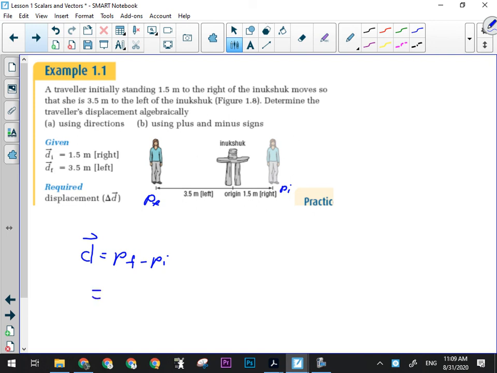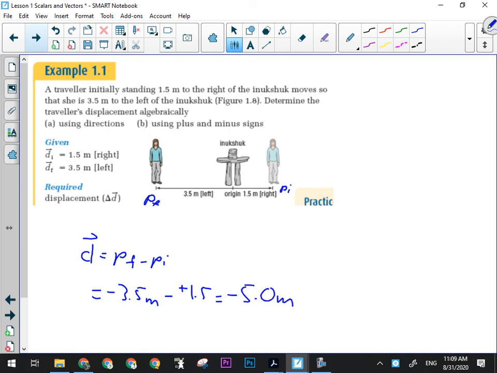That means my final position is negative 3.5 meters minus my initial position, which is positive 1.5 meters. Well, what's negative 3.5 minus positive 1.5? If I subtract a positive, don't I get more negative? Right? So negative 3.5 minus 1.5 is,